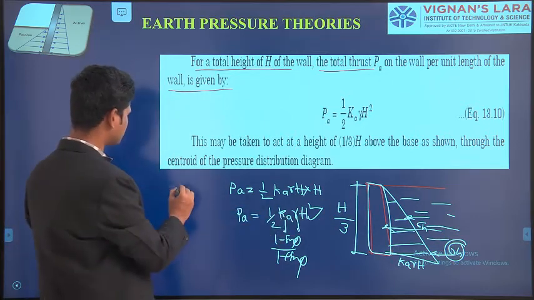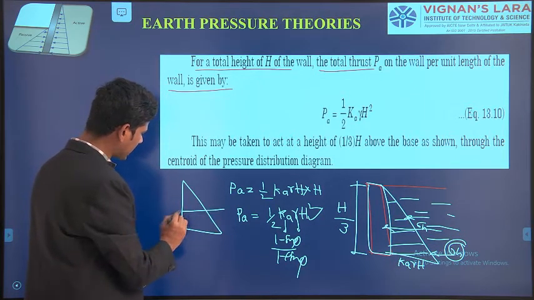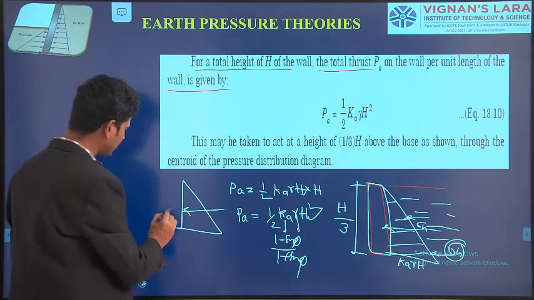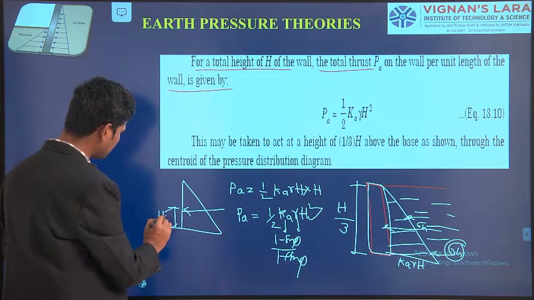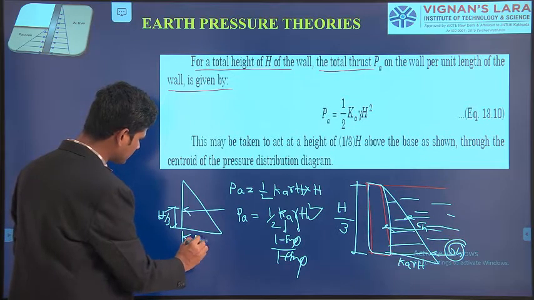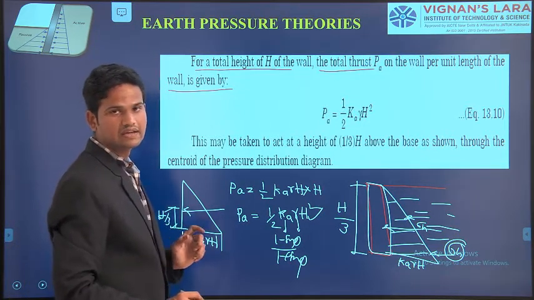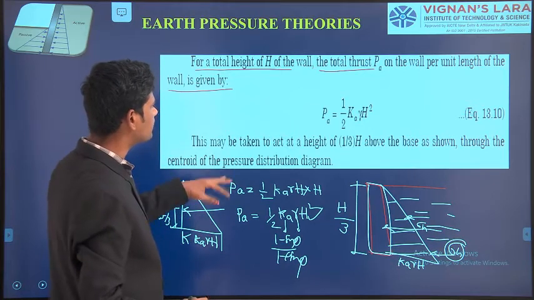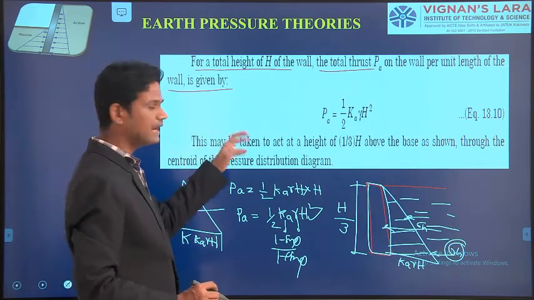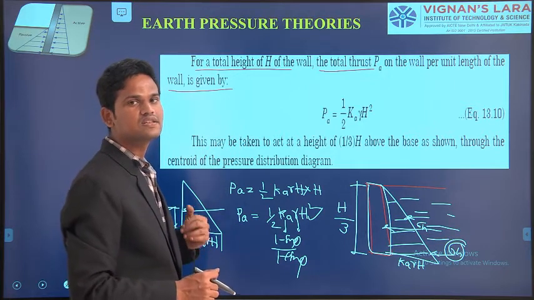Suppose this is your rectangular wall. For this rectangular wall, the maximum horizontal pressure is acting at a height of H by 3 from the base of the wall. Suppose this is your horizontal pressure. This horizontal pressure is acting at a height of H by 3 from the base of the wall. This is the entire calculation for how we calculate the earth pressure for different